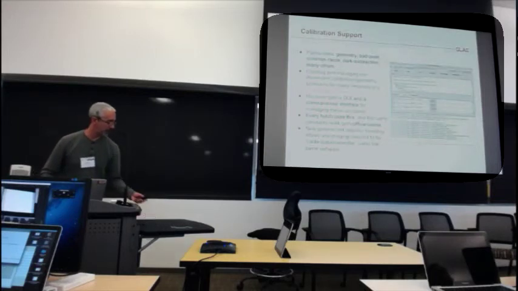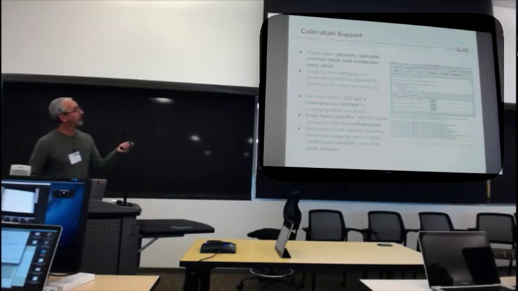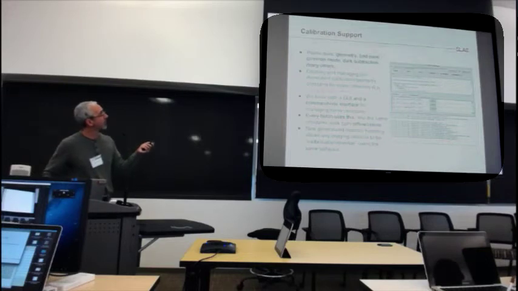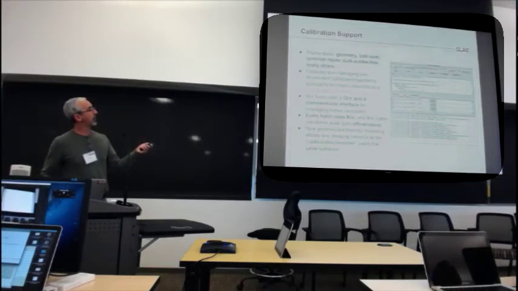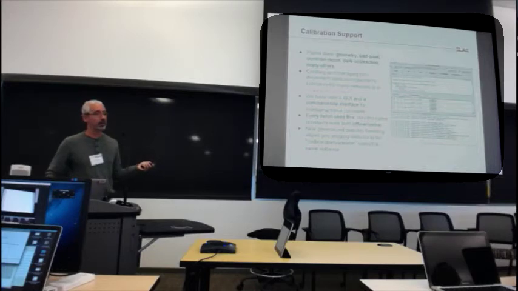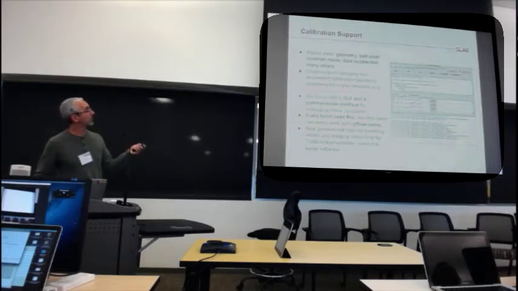Okay, so I'm going to finish up here. I'm going to relatively quickly go through some of the remaining features, and all of these are relatively new in Psana, I would say within the last 10 months or something like that. So we have better calibration support, just like the rest of you guys are doing: geometry, bad pixels, common modes, dark subtractions for CSPad and for other detectors as well. You guys focus mostly on CSPads.